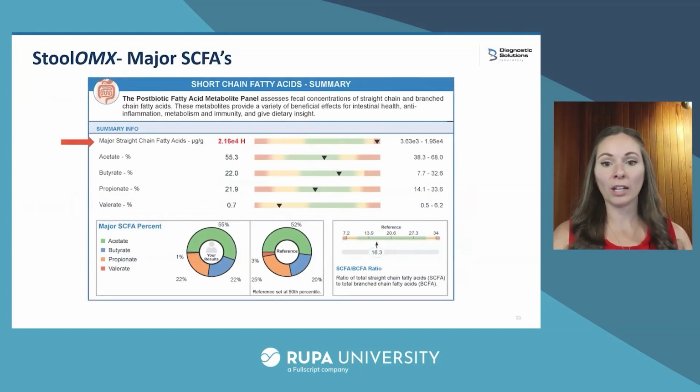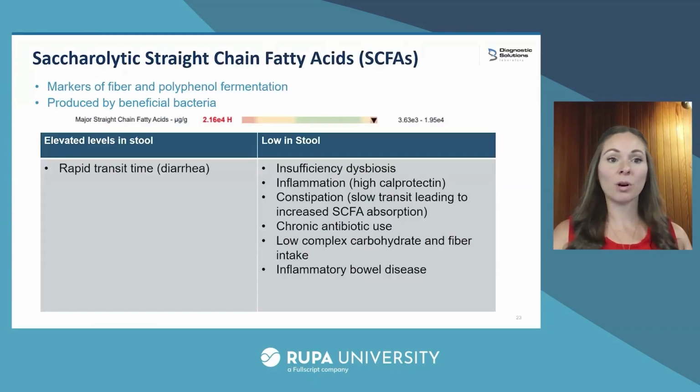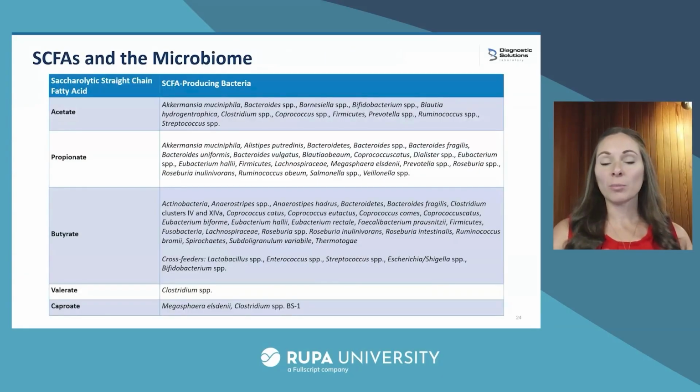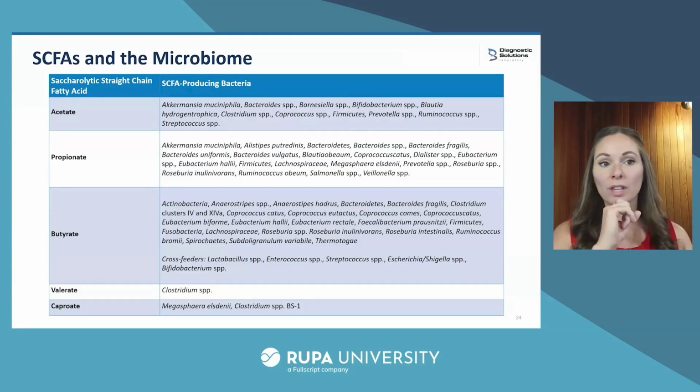You get your total straight chains, and then we get the individual percentages of each of those major straight chains and our donut chart comparison look. Okay, and these are a couple more of those reference slides of what we're thinking about when either group is high or low. This is from the reference guide, and it's, again, a demonstration to show you which microbes produce each of these